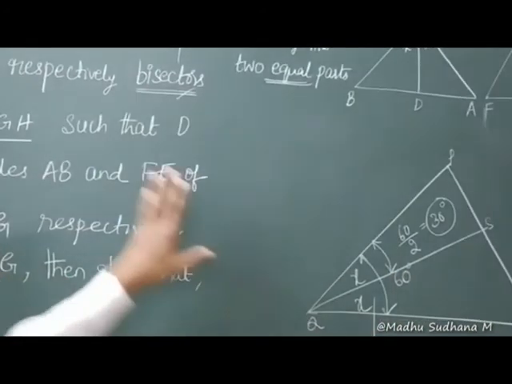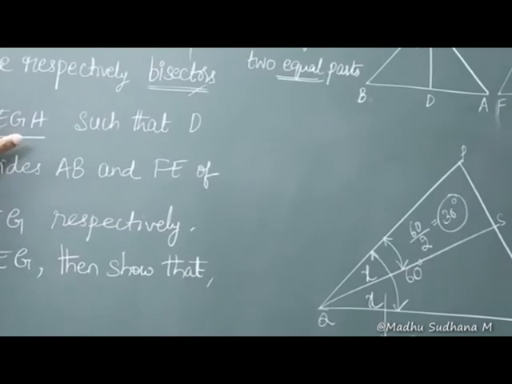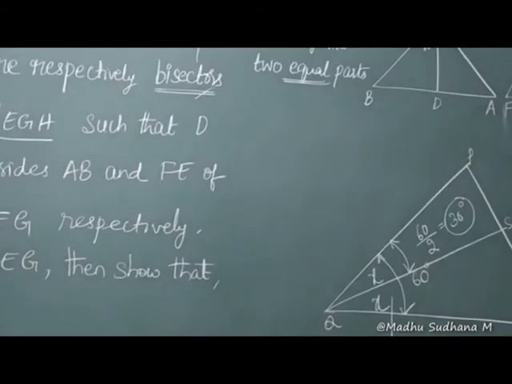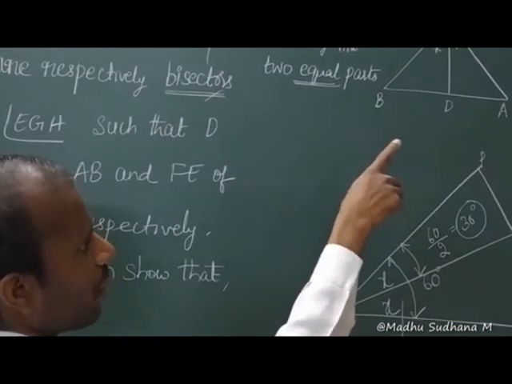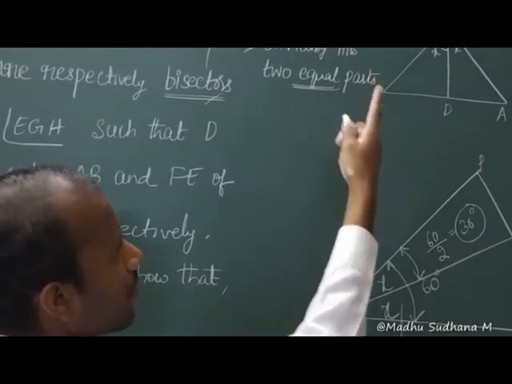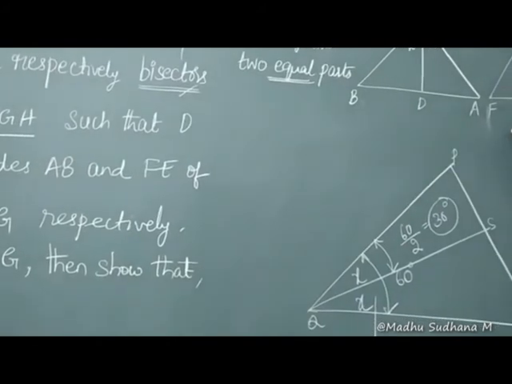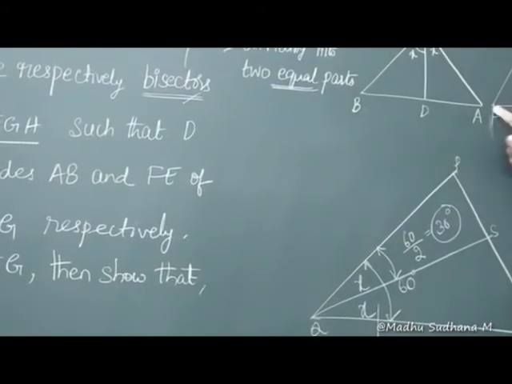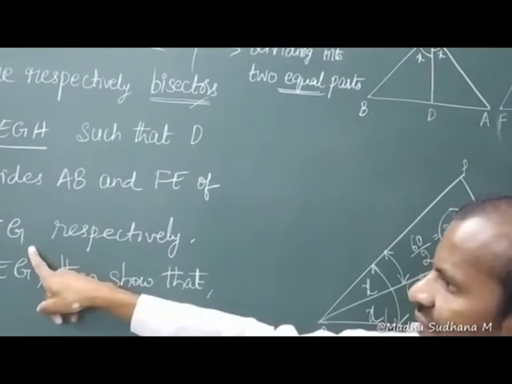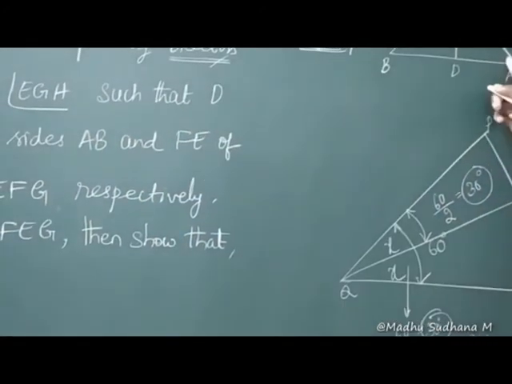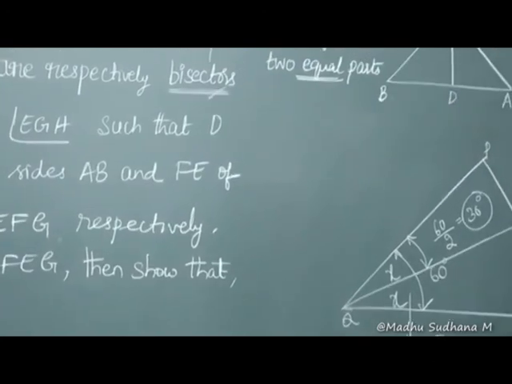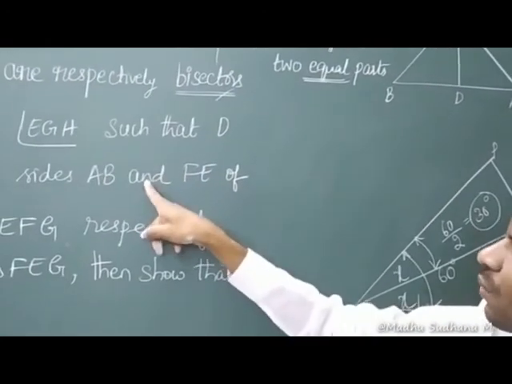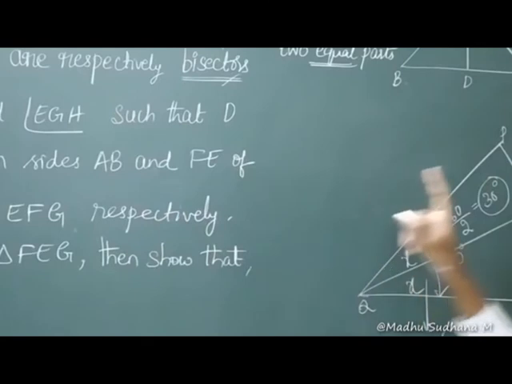So please read the question properly, and writing the corresponding diagram is very, very important. And corresponding vertices, correspondingly how we move from A to B and B to C, correspondingly here, E to F and F to G. So EFG triangle here, and ABC triangle, CD angular bisector, and GH angular bisector here. So I think up to here we are right.